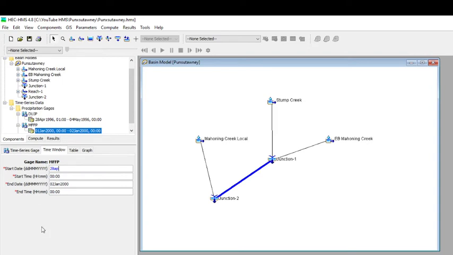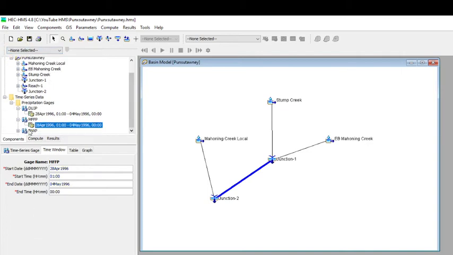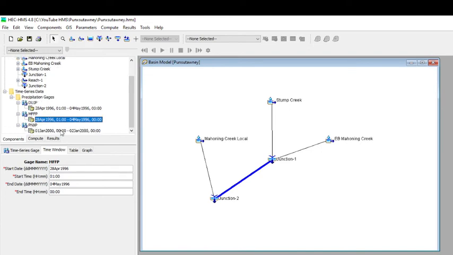So that's 28 April 1996 at 0100 to 04 May 1996. And finally, there's the PNXP,